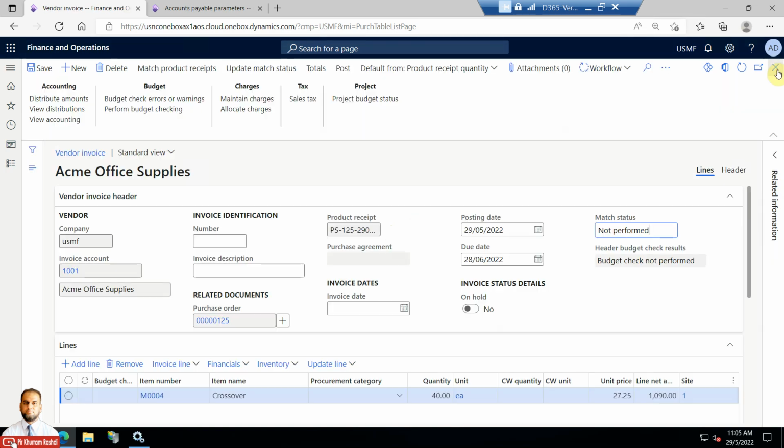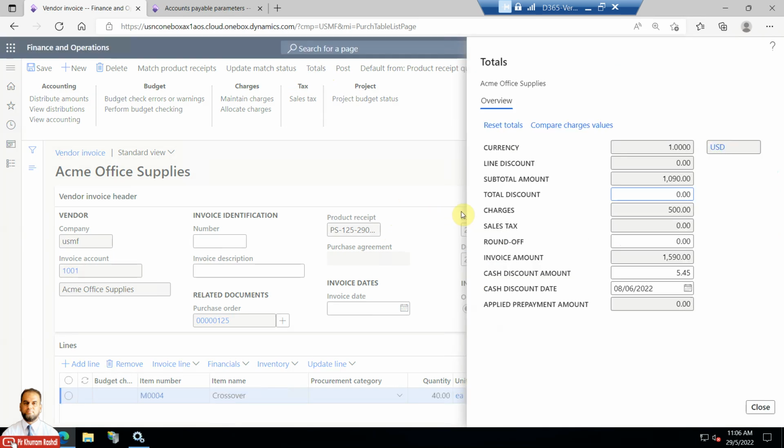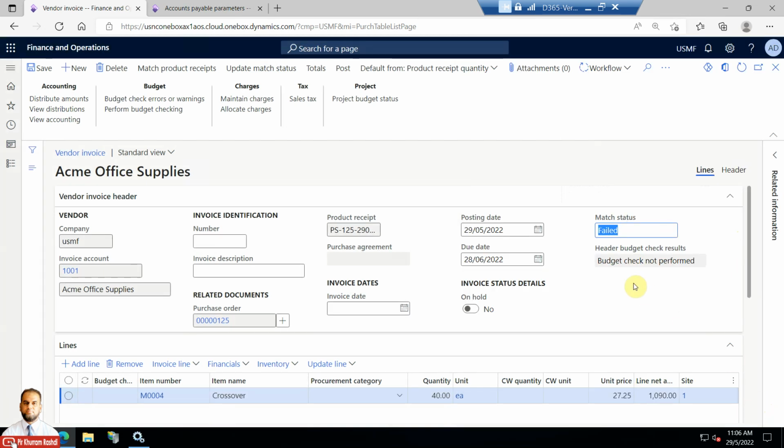Okay, and I will just close it. And now I perform the match status, and it is showing me failed status. Even though the totals, so in the totals, even the charges are mentioned here. So this means the charges are also failing this. So I just need to again remove the charges, so that they match with whatever is available on